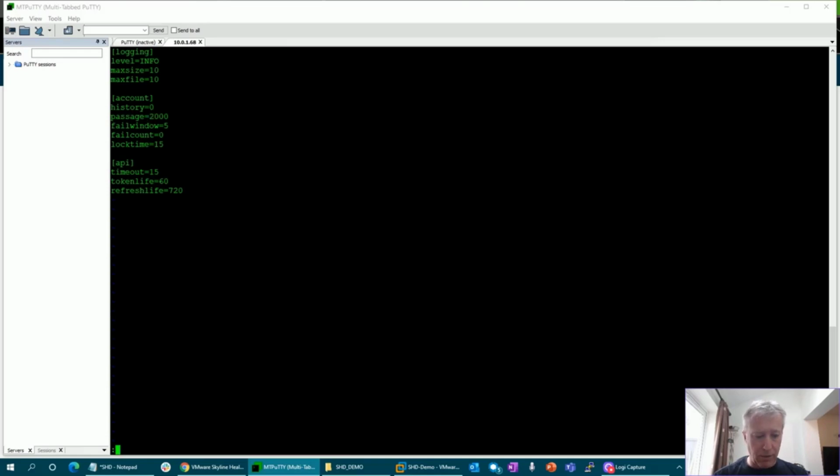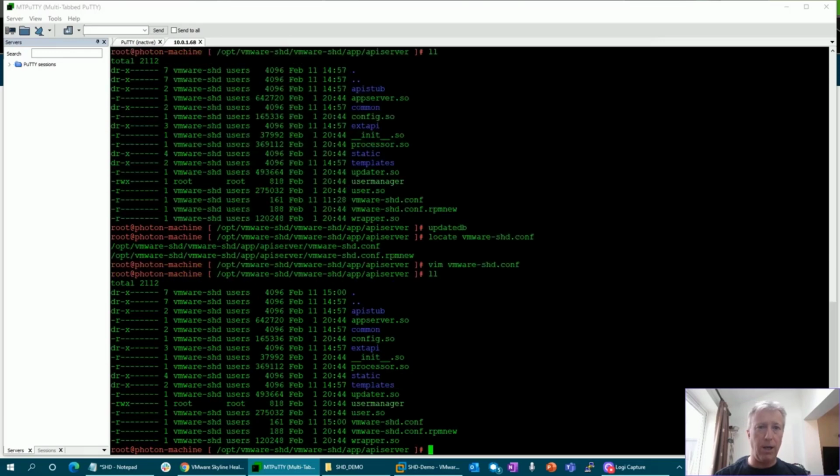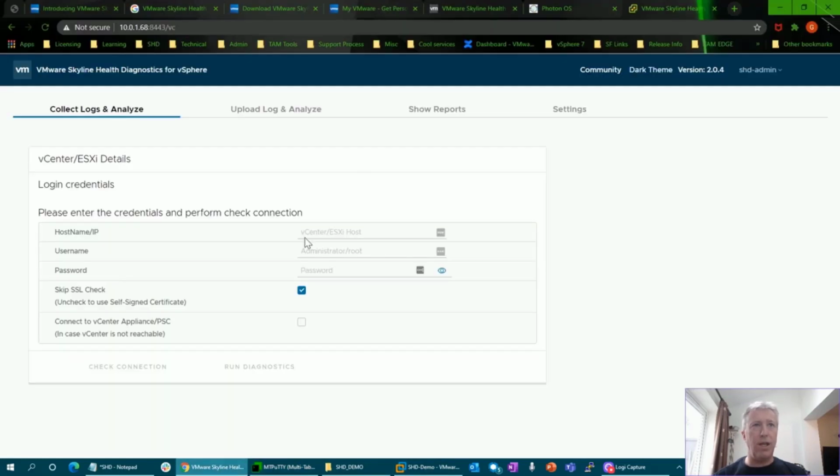Okay, one thing is when you quit with Vim, just do that exclamation mark to override, and that will update the file accordingly without having to change the owner, because obviously I'm logged in as root. It's user VMware SHD and users. I could just do an o+w there with chmod, but it's easier just to do an override. Okay, so that covers the installation and basic usage and configuration of VMware Skyline Health